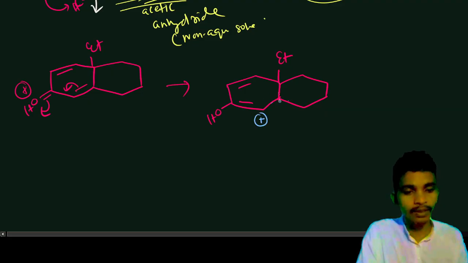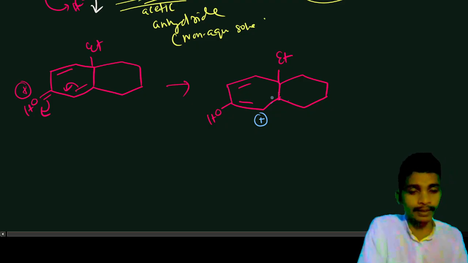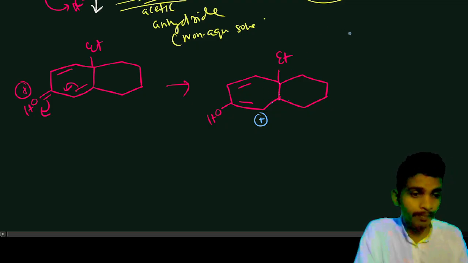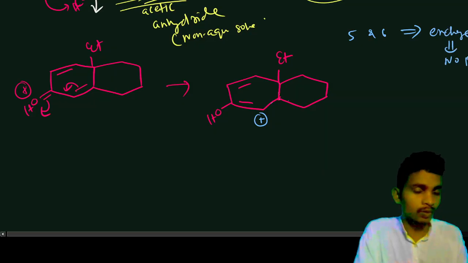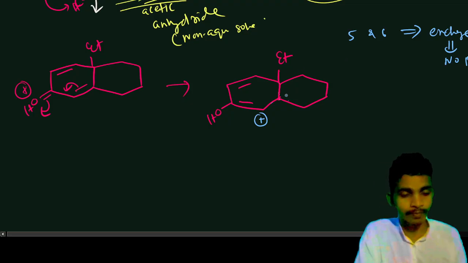So here we can do the eliminations. We can do the ring, we can decrease the ring. So 5-member and 6-member rings exchanging is no problem. We can do 5 to 6 and 6 to 5. So what will happen now, if it is positive, then